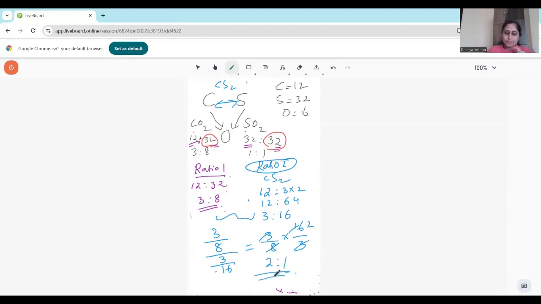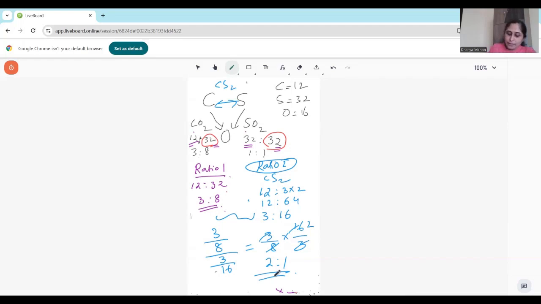I repeat once again. When two different elements, that is my carbon and sulfur, are my two different elements, they react with fixed mass of oxygen. Fixed mass, we already proved, 32 and 32. Mass of oxygen is fixed in this case. I have shown with a red color. When they react with a fixed mass of oxygen,